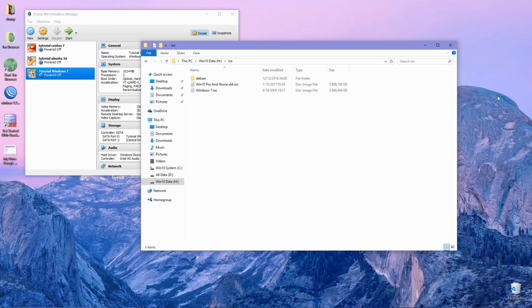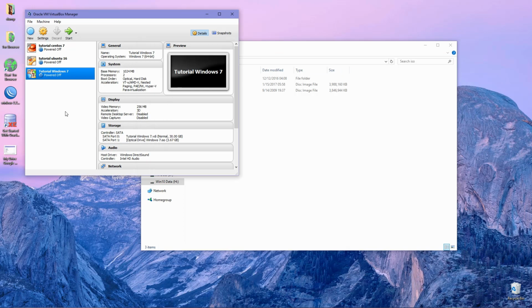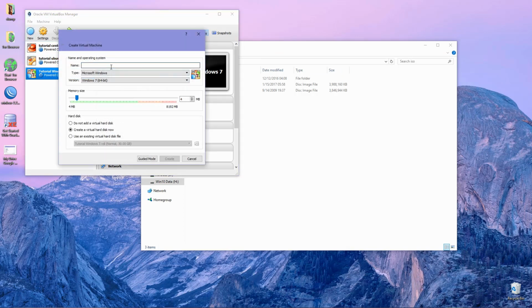Hi, in this video I want to show you how to install Windows 10, and in this tutorial I'm using VirtualBox to simulate installation, but the way of installation is still the same whether you use VirtualBox or a bare metal machine. Here we create a VirtualBox instance first, and if you install to a bare metal machine you can skip this step. In the VirtualBox main window, click the New button, type your instance,